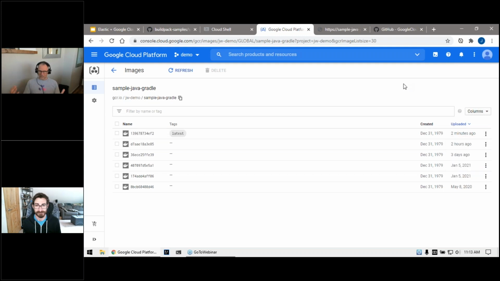So just a standard container image, and you can run that wherever you want to run your container images. Okay, so that is how we can take applications that are built with Gradle and run them in the compute